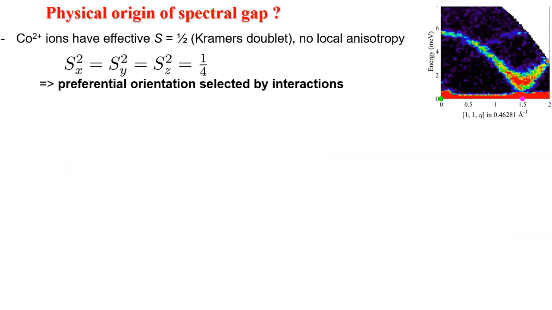Cobalt is a Kramers ion, so the lowest doublet will be an effective spin-half. And we know that in that case, there can be no local anisotropy because all the anisotropies in terms of spin come up as polynomials of even order in spin. Because of a property of Pauli matrices, the square of all the spin components is a constant irrespective of the actual wave function. So the important result here is that the preferential direction is selected by interaction, not selected by